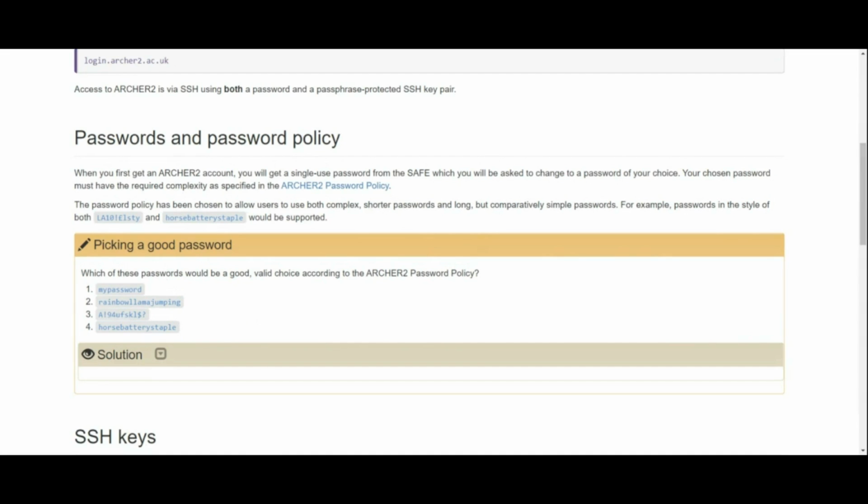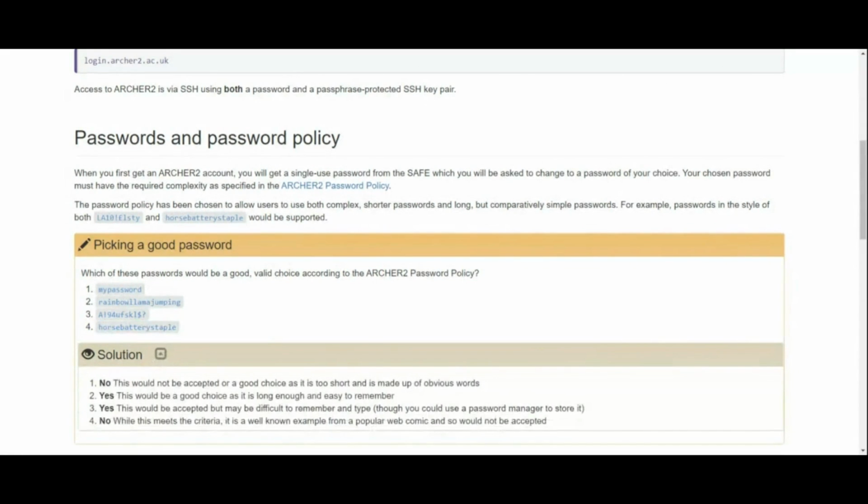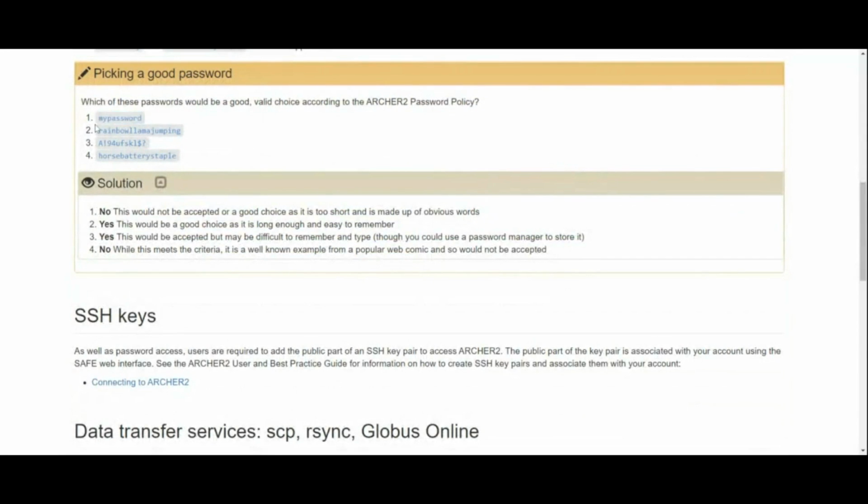So we've got to remember the policies: you can't really have something which is just based on simple dictionary words. We can have things which are just all lowercase letters, as long as it's long enough, and we can have something that's short as long as it's got lowercase and uppercase and numbers and characters in it. But even some passwords which are quite long and match all the policies get rejected because they are commonly used passwords or reusing passwords from before. So the answer here, for these four examples, is that the first password is not acceptable